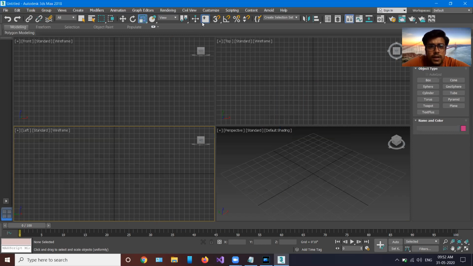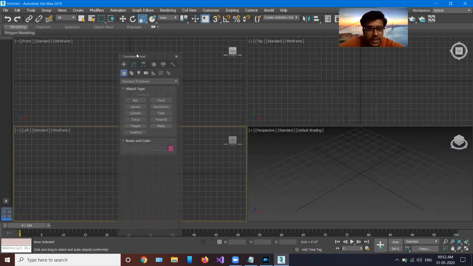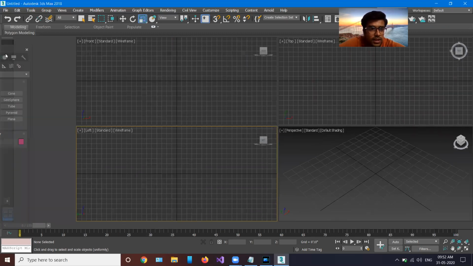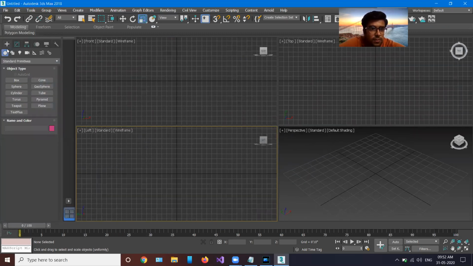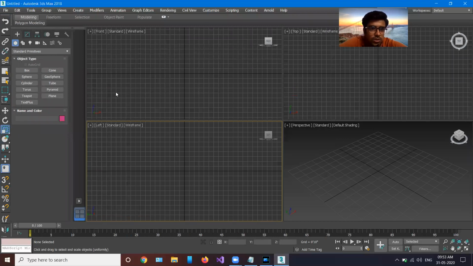Now, talking about our command panel, we can also switch it here and there. If you just click it, drag it to the left-hand side and drop it, it will stick there. So you'll have another UI. This is a kind of customization. Same goes with the toolbar. The toolbar has a dotted line here on the left. You can click it and drag it anywhere if you want to. This is a thing which varies from person to person.